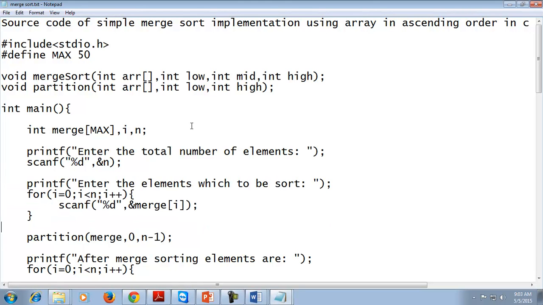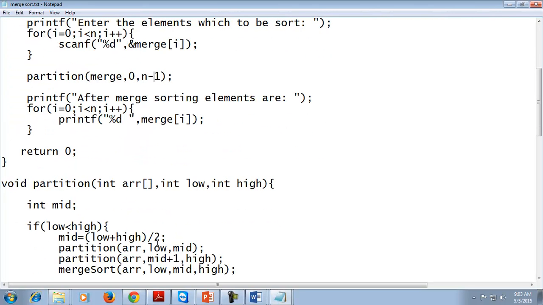After that, we will pass this array, then lower bound and upper bound, that is a low index and upper index, in the partition function.